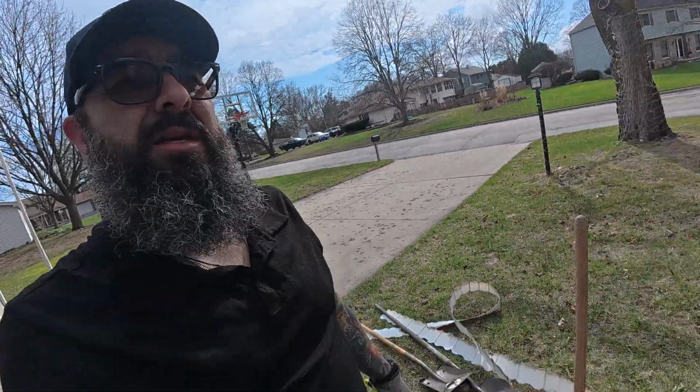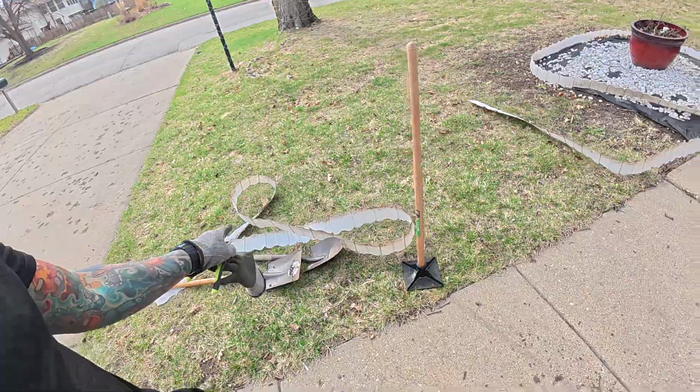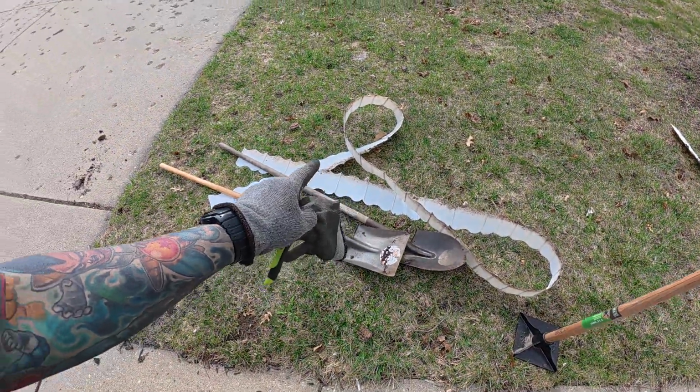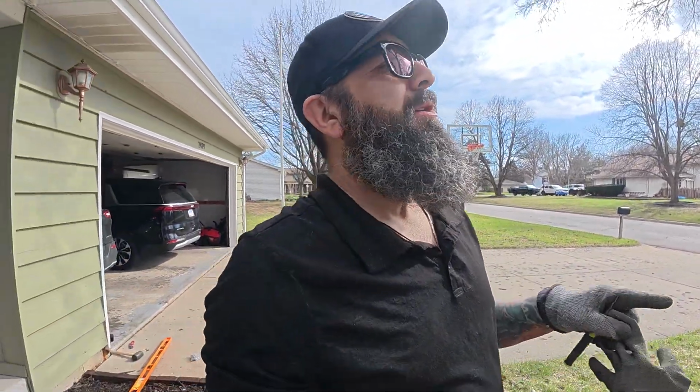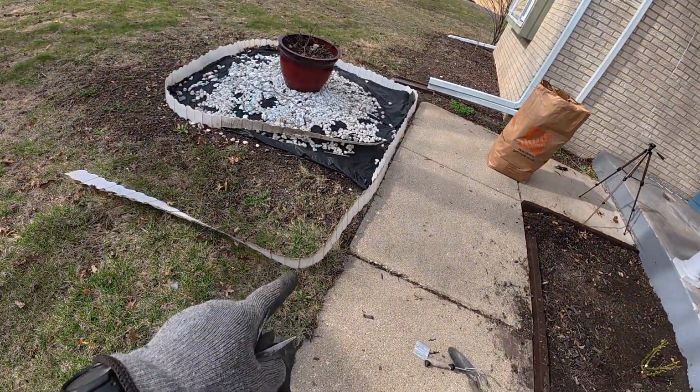That's pretty much it. So I'm not actually gonna throw this away because I'm gonna use this out in the back because I have some borders I want to create with those. I have similar ones in the back, but they were red and they're all faded now, so I'll just use the white ones because I have white rocks surrounding a hydrangea plant and some phlox plants back in the back. And then probably too, this is gonna probably go,